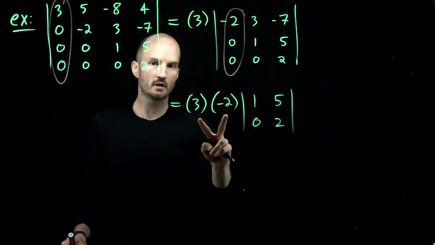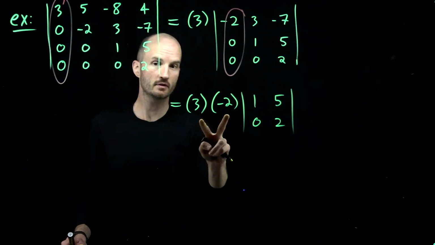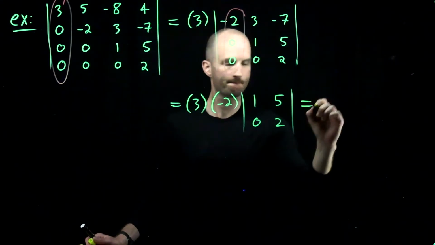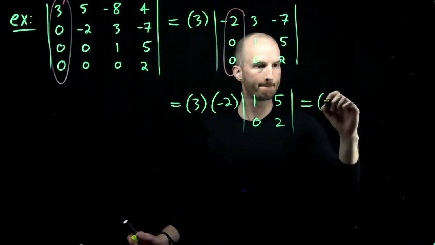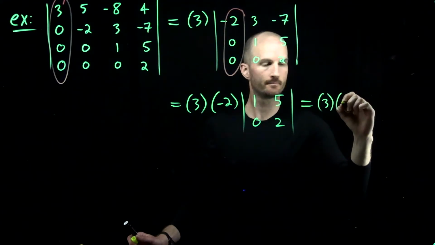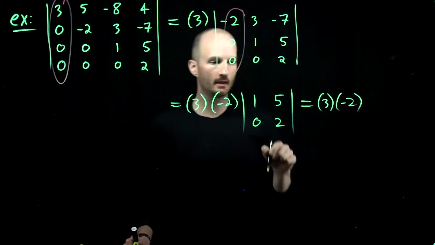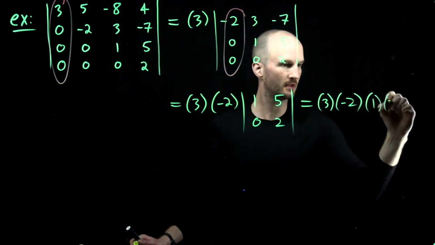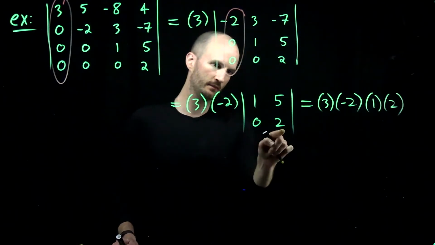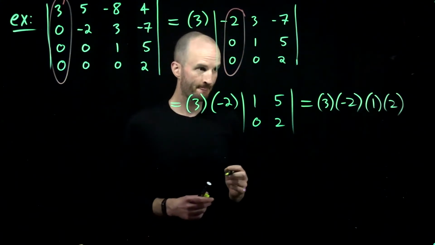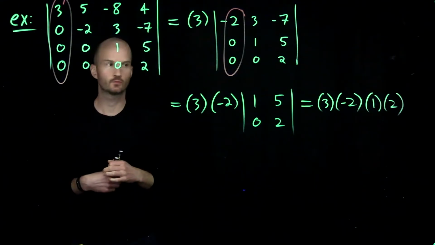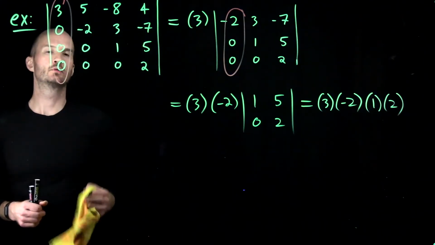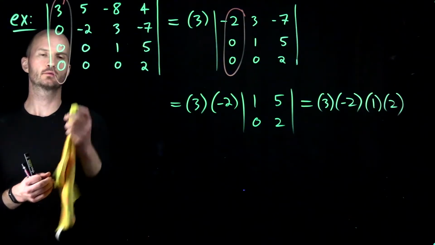I'm going to leave these two numbers factored because it will show me a nice pattern in the next step. I have a 2 by 2, so I just do AD minus BC, giving me 1 times 2, so A times D. So, what happened? We had, to begin with,